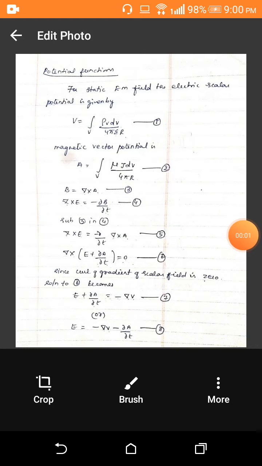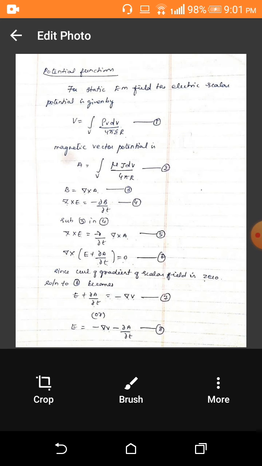In this video, we are going to see the potential function of electromagnetic field. Before going to the derivation, we will see what is potential. Potential is nothing but a function whose derivative gives a field, and fields are associated with force. Therefore, potentials are associated with energy. In this section, we are going to consider electric scalar and magnetic vector potential before we go into a derivation.